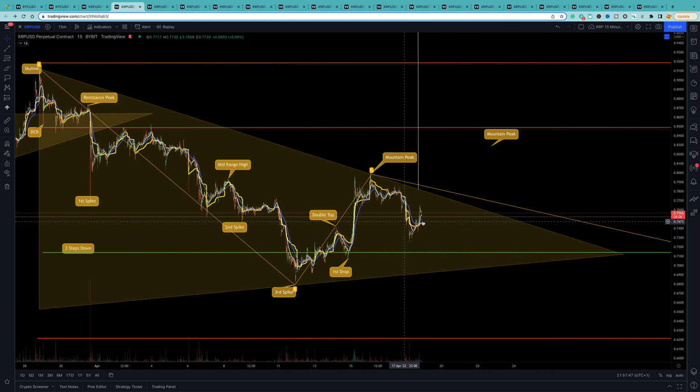So I'm waiting to see what this is going to do. I'm in my short from 77.50. I'm in a situation where, when this retraces here, I'm asking: do I take my profit and